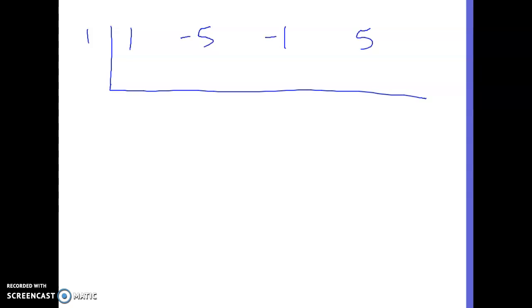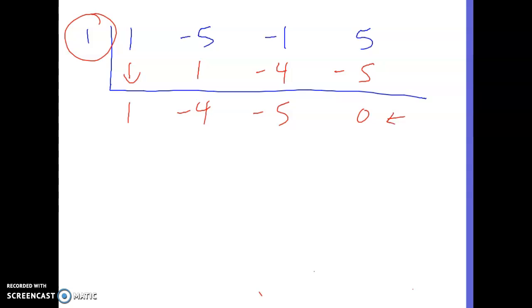So now, okay, you start by bringing down your 1. 1 times 1 is 1, and you put it here. Now you're adding negative 5 plus 1, negative 4. 1 times negative 4 is negative 4. Now you're adding negative 1 plus negative 4 is negative 5. Multiply. 1 times negative 5 is negative 5, and this is going to cancel, and this is going to go in evenly,